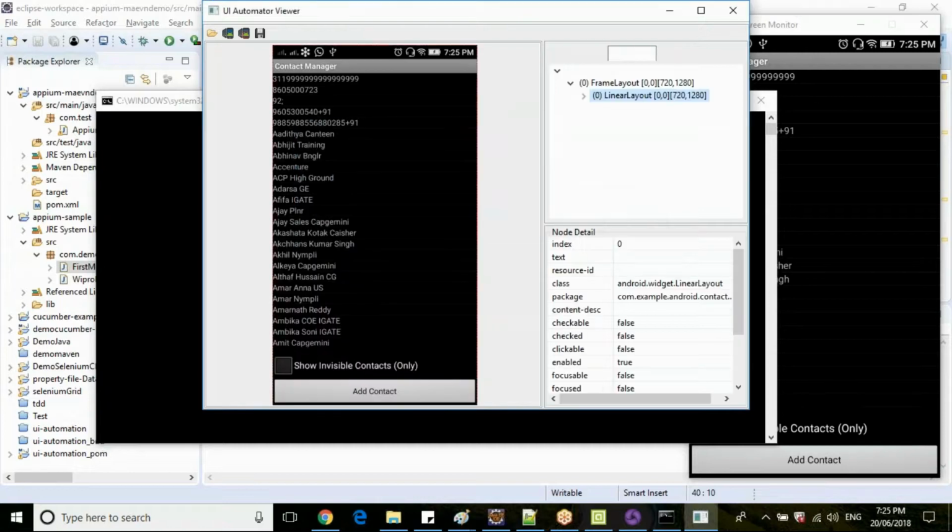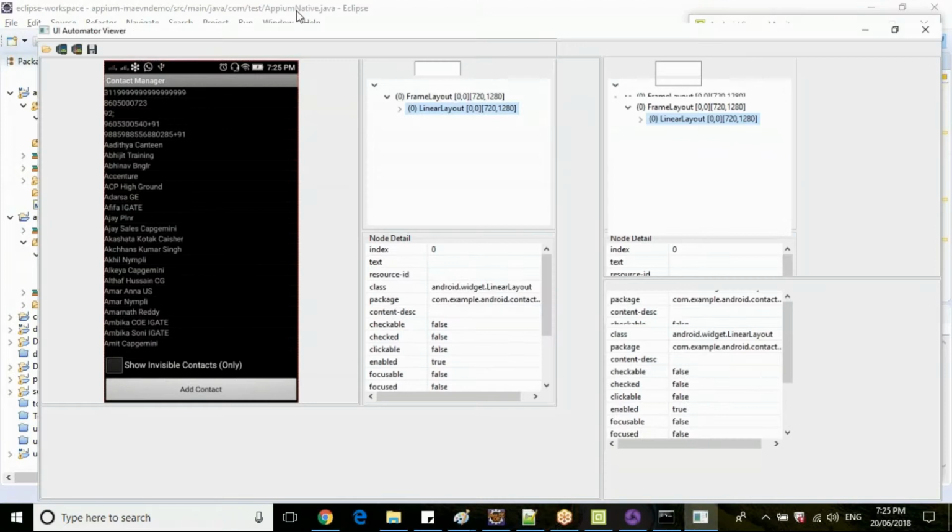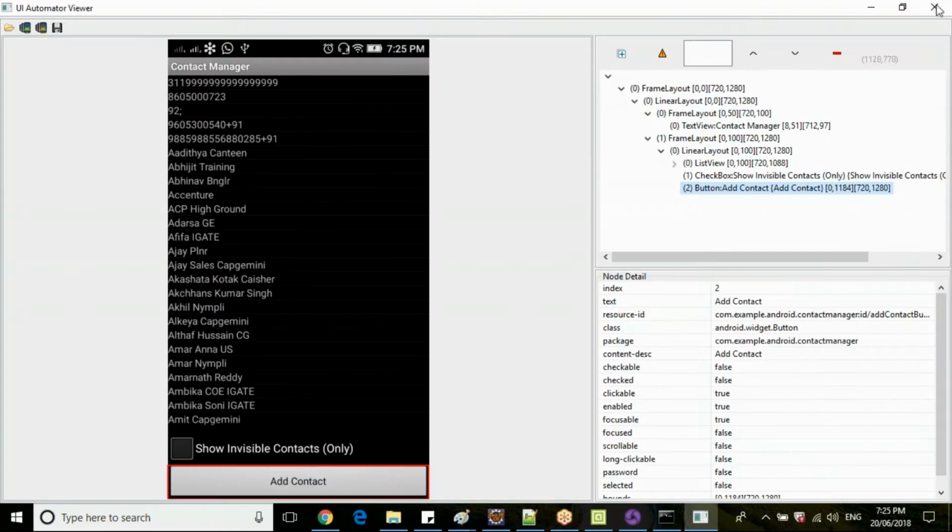Now you want to click on the Add Contact button, right? So select the Add Contact button. You can see the attributes of this button. The text is Add Contact. The resource ID is this one, Add Contact. Let's copy this ID. This is the class name, android.widget.Button, and the content description is Add Contact.